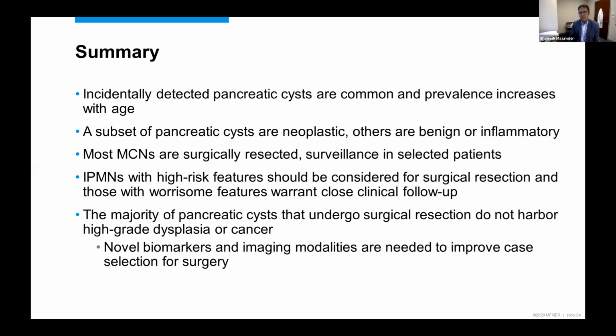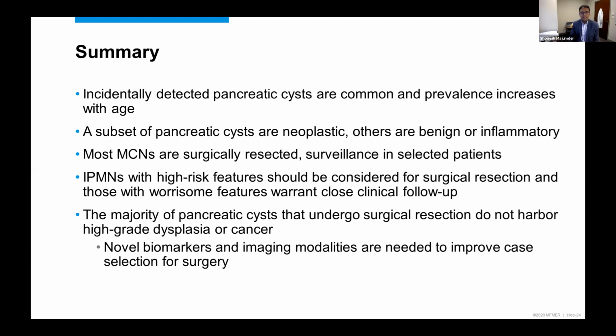And you have to use your clinical judgment, radiologic features, and cyst fluid analysis to determine what it is. Most mucinous cystic neoplasms are surgically resected, but surveillance can be performed in selected patients. IPMNs with high-risk features should be considered for surgical resection, and those with worrisome features warrant close clinical follow-up and shared decision-making. The majority of pancreatic cysts that undergo surgical resection do not harbor high-grade dysplasia or cancer, and